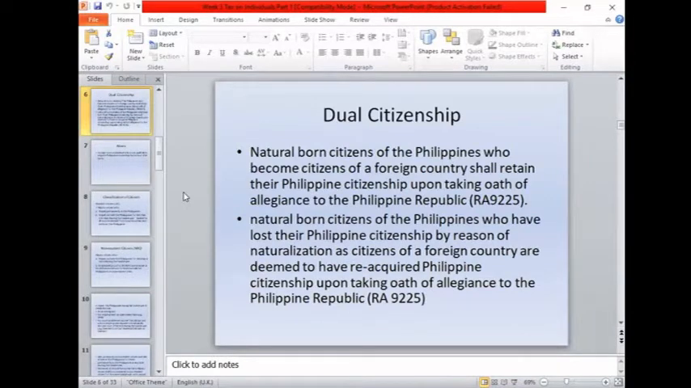Another is the dual citizenship. It's about the RA, Republic Act 9225, or the oath of allegiance to the Philippine Republic. What is a dual citizenship? A dual citizenship is for the Filipino citizens who are born in the Philippines but they grew up in other countries. And if they want to retain their Filipino citizenship, they have to file for this oath of allegiance, okay,